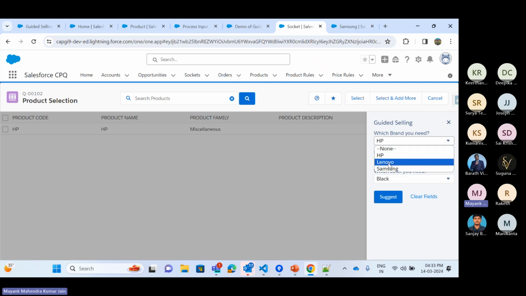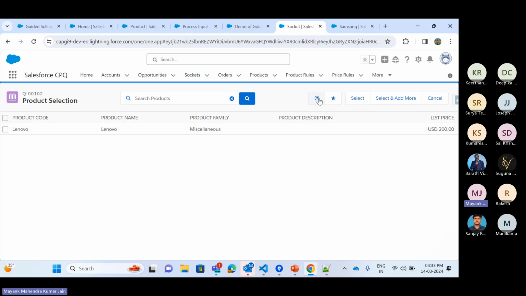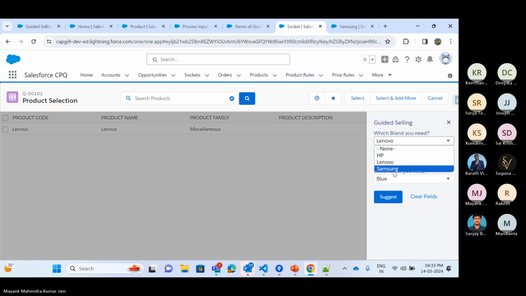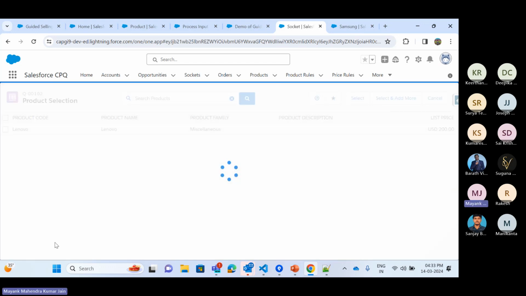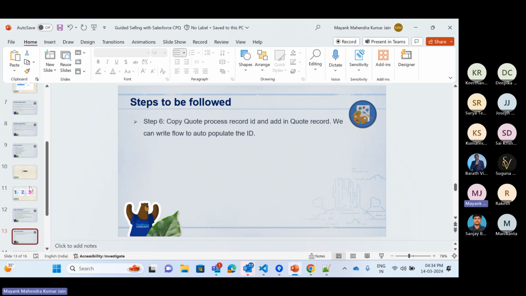If you want to change the other one, Lenovo 16 GB blue, click on suggest. It will display those products. Samsung 32 GB red, suggest. So using this guided selling, it will be helpful for the sales rep to see what all products are available in the store and what exactly the customer needs. Okay, so this was the final step